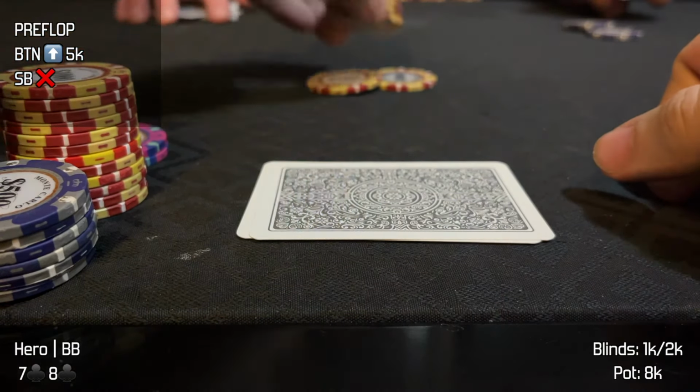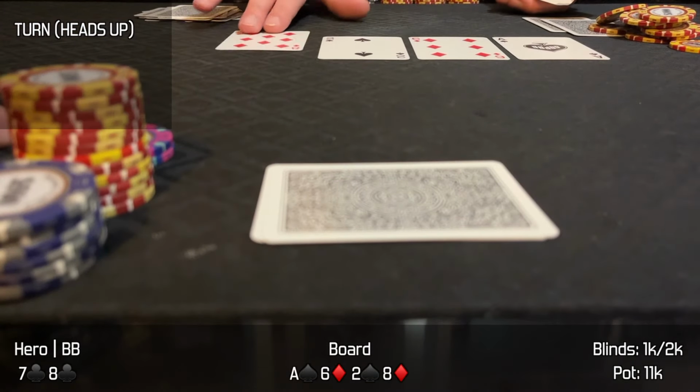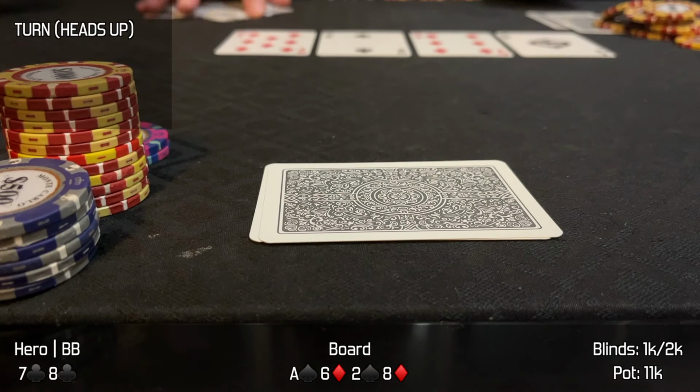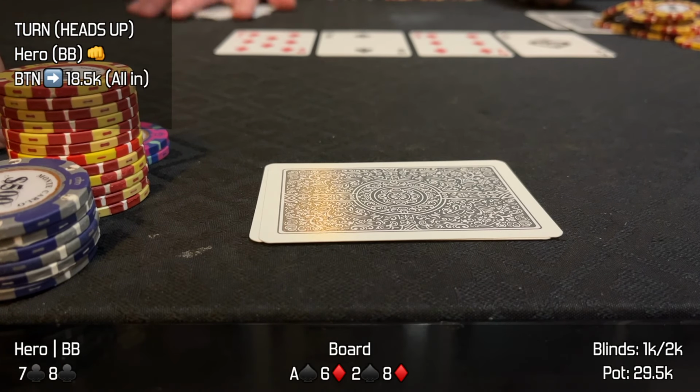We are heads up, 11k in the pot. The flop comes ace 6 deuce with 2 spades. We check, the button checks back. The turn comes the 8 of diamonds, pairing our 8, which is great. We check, the button decides to jam for 18.5k, a massive overbet compared to the 11k in the pot, and